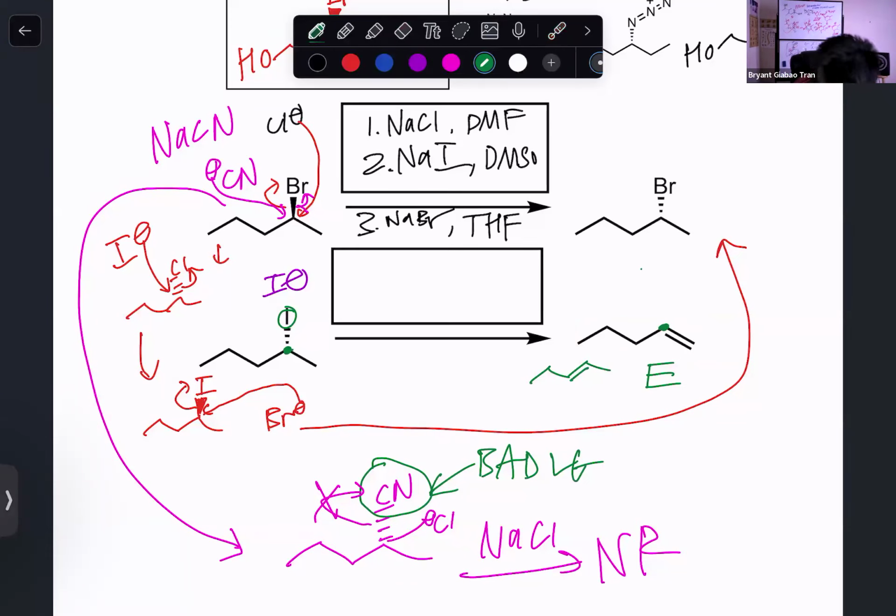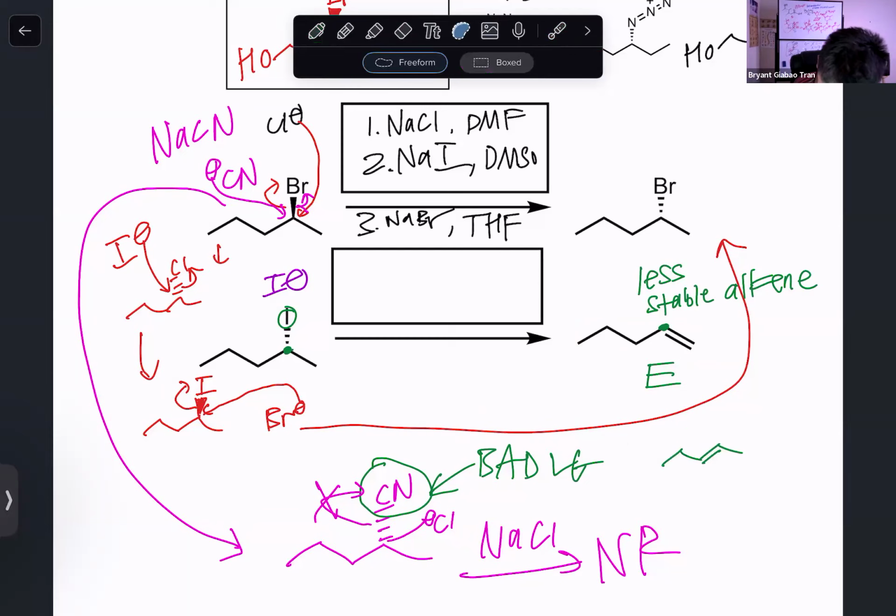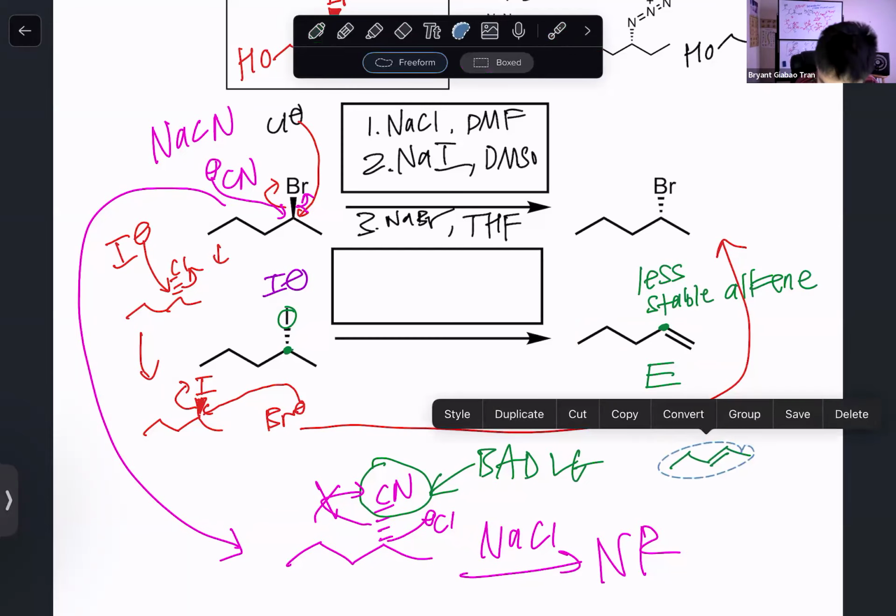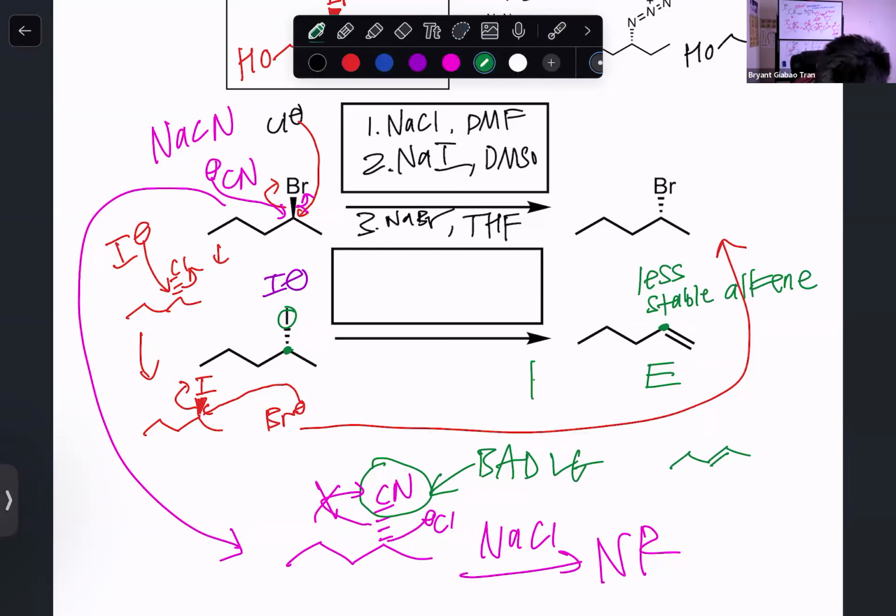Less stable alkene. Do you know what reaction makes a less stable alkene? Would it be Zaitsev or Hofmann E2? Hofmann, right. So we know that we are going to do a Hofmann